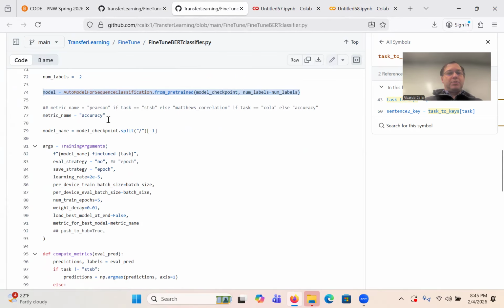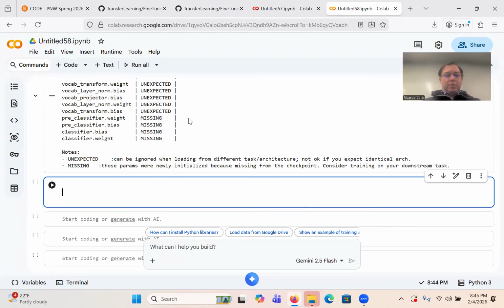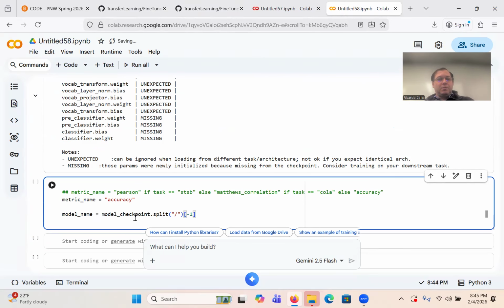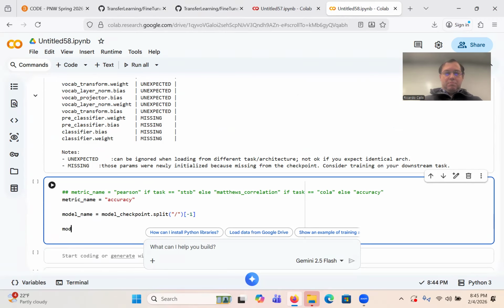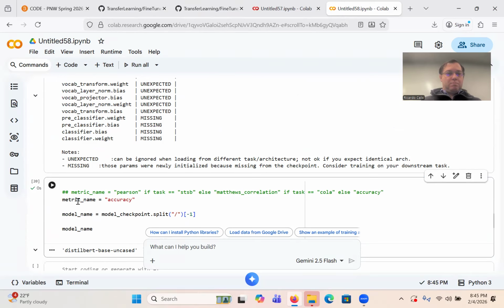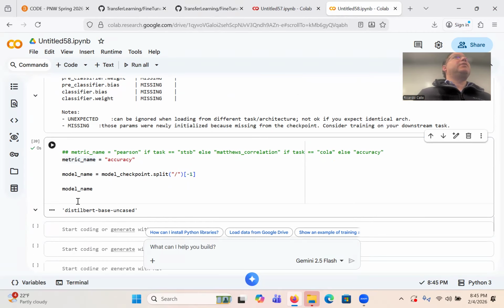Some metrics that we can use, the metric from our library, and the model name that we're going to use for the checkpoint, the model checkpoint, model name. We can print model name. This is still based on case, right?